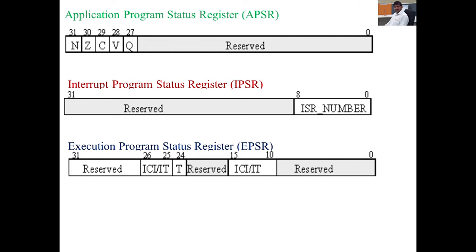Thumb instructions act as 16-bit code as well as 32-bit code.